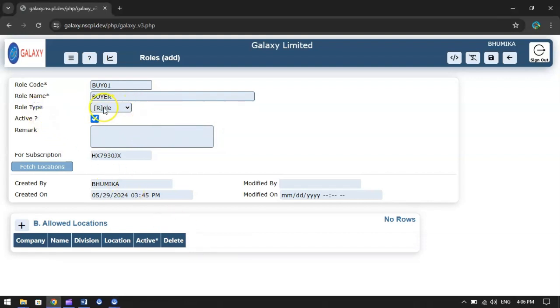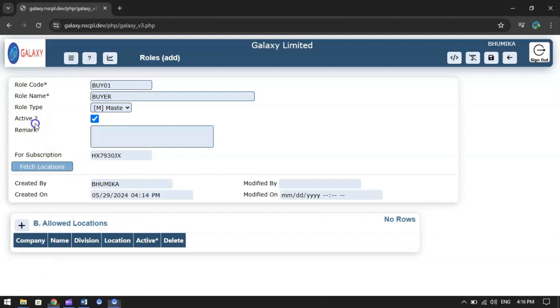The other role type is not recommended. This type of role allows separate roles to be created for divisions and locations. It must be used only in essential, exceptional cases, and only if the company has a learned IT, EDP, or ERP coordinator. Implementation of access controls with this type of role will add a lot of work for the Galaxy coordinator. Such roles will be explained through a different video.